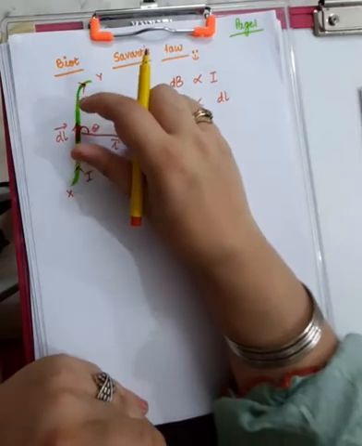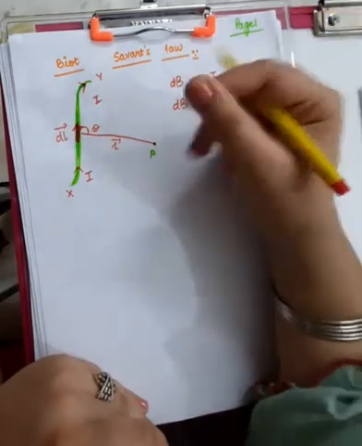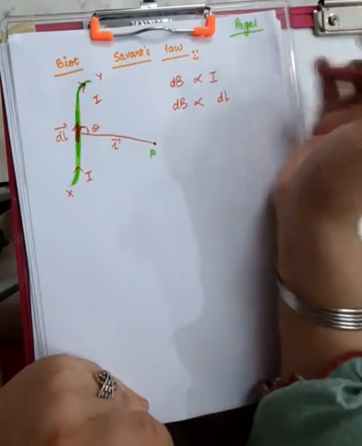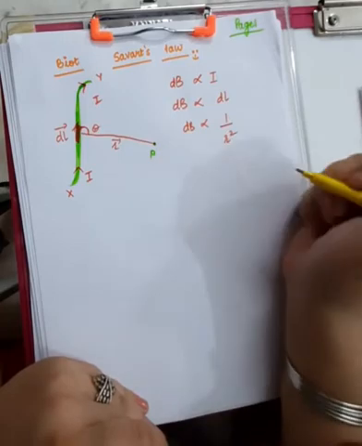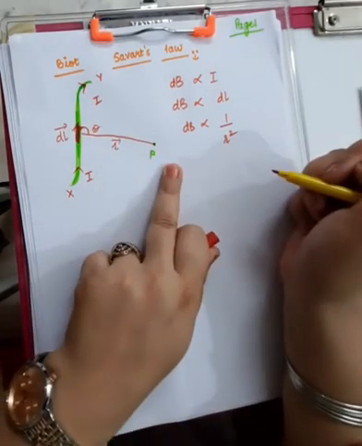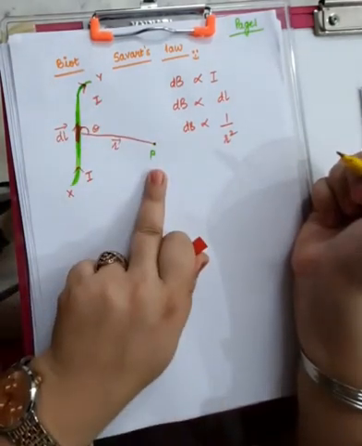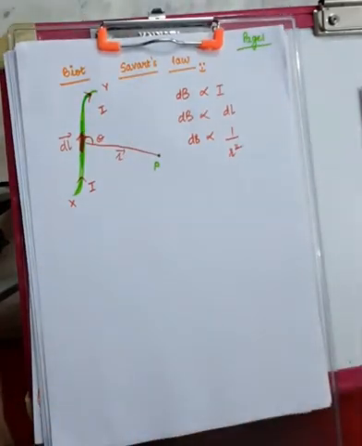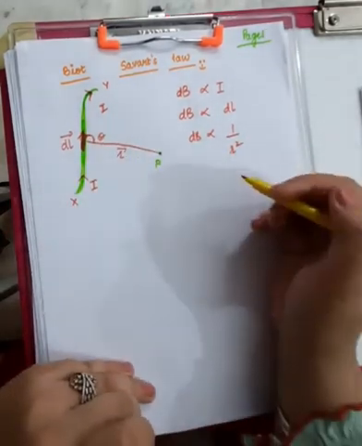Okay, so if you will choose more length of current element, more charges will be flowing through it, and eventually more magnetic field we can expect at point P. Next is dB will depend upon 1 by r square, because if this point P is more away from the wire, then the magnetic field produced at this point will be less, and rather it will obey inverse square law. It will be reduced to 1/4 if r vector becomes 2r vector, right?